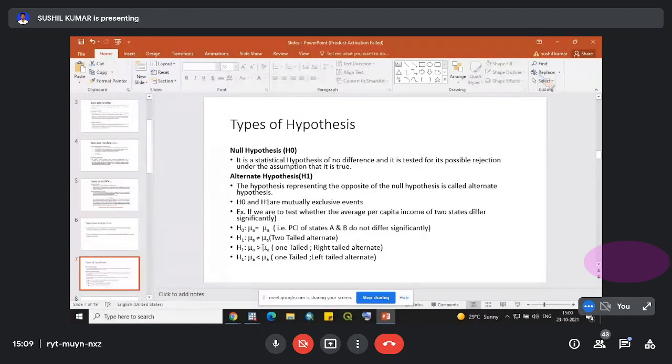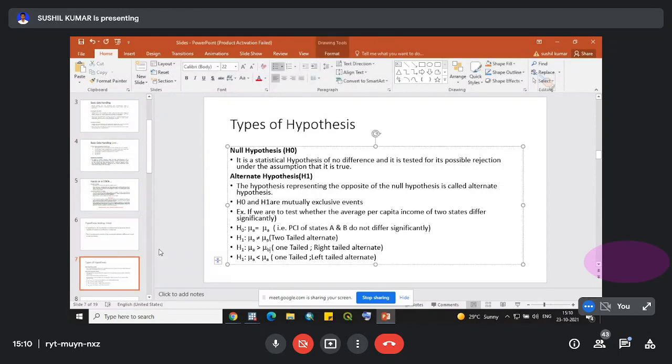So if we start with a one-tailed test, our hypothesis will be mu a is greater than mu b. Sorry, there is a misprint. Basically, we start with a null hypothesis, and our basic idea is that we want to reject our null hypothesis so that the alternate hypothesis can be accepted.